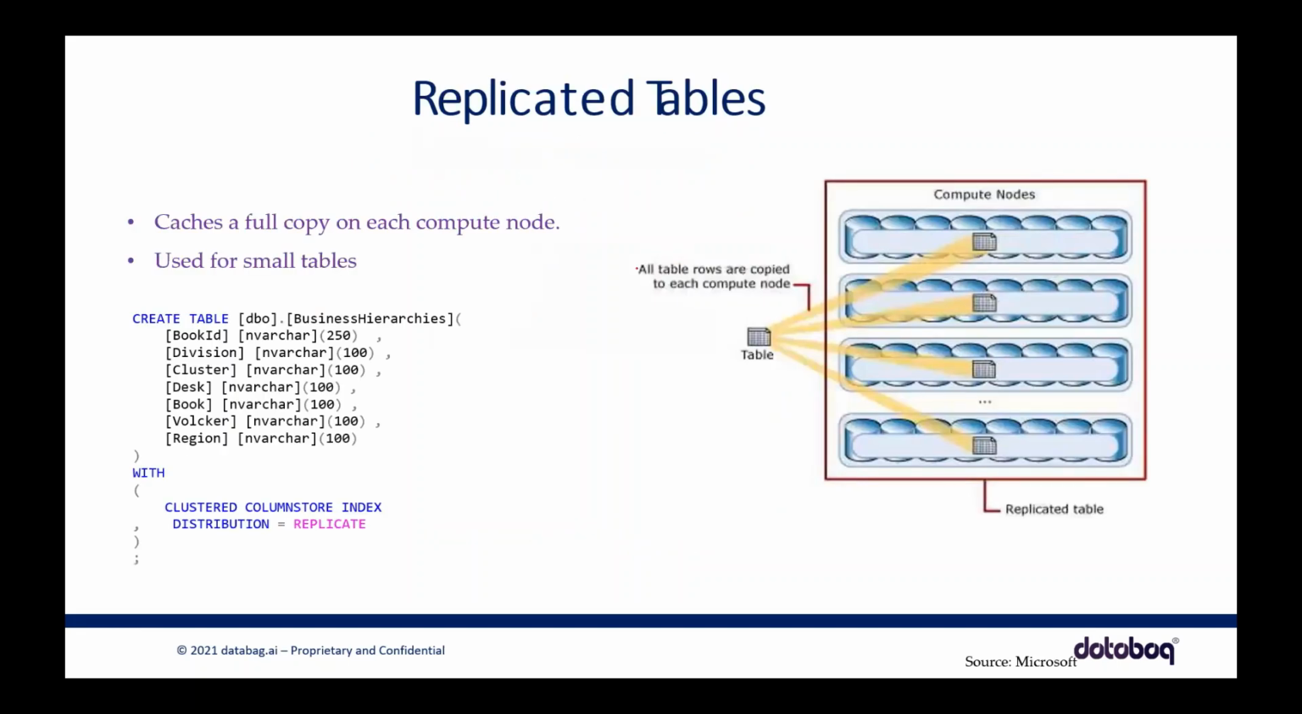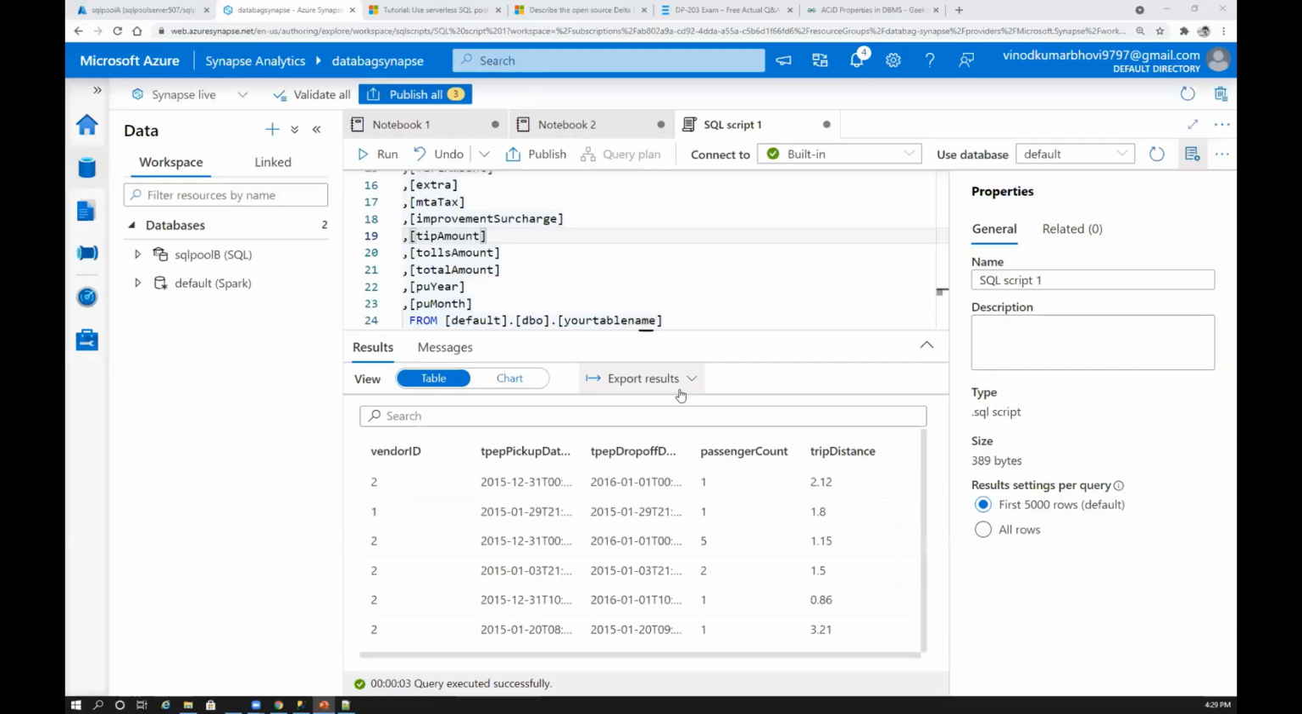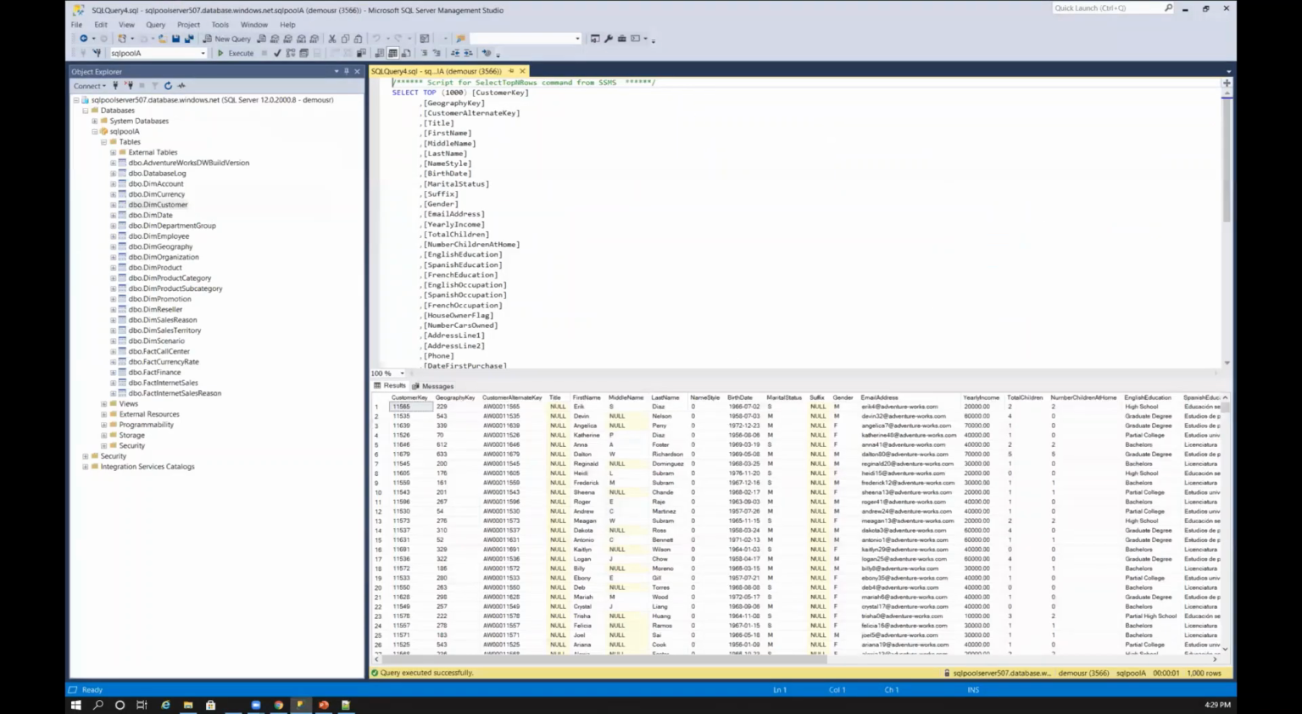So what is replicated tables? Before going to replicated tables, one important thing we need to understand here is facts and dimensions. I'm not really sure if you are from that background, so I'll just quickly give you a high-level introduction on what is fact and what is dimension. I'm not sure if you're able to see this, but